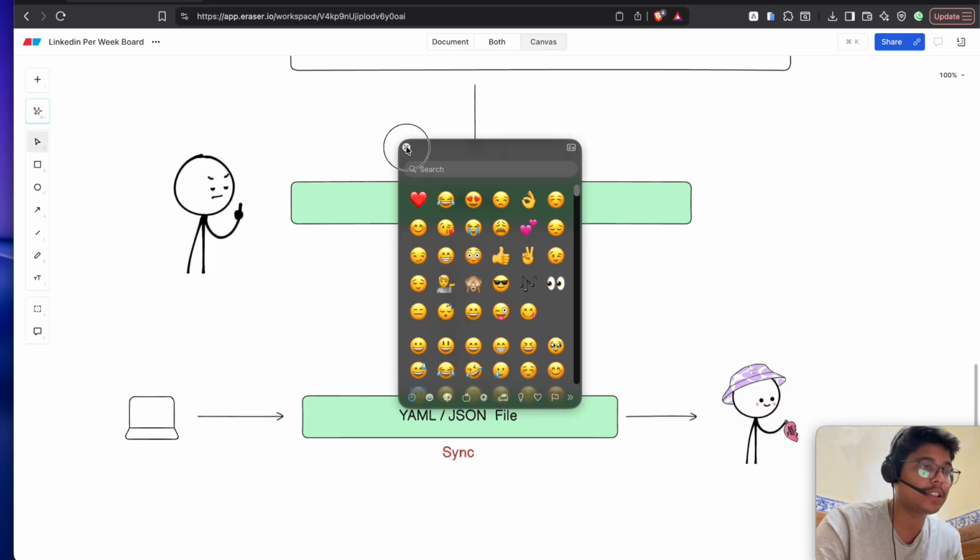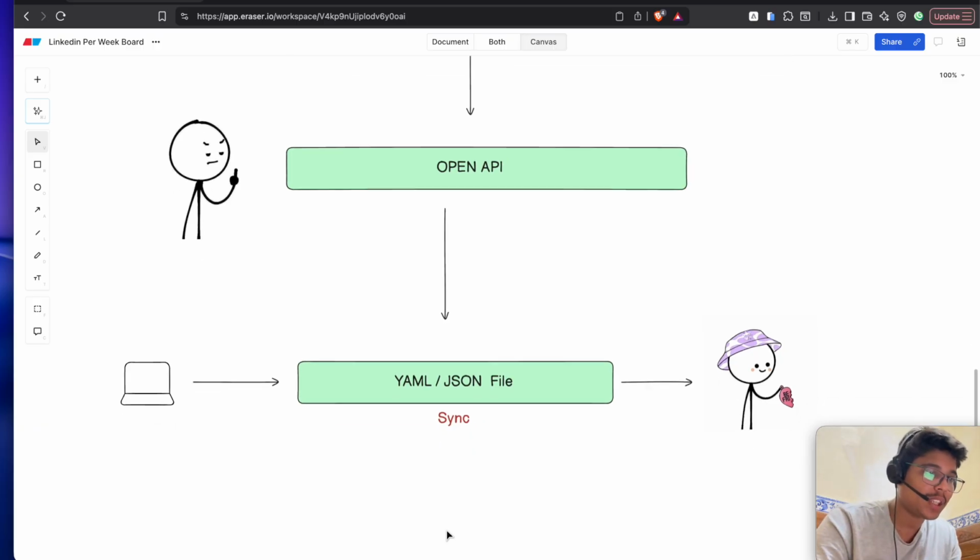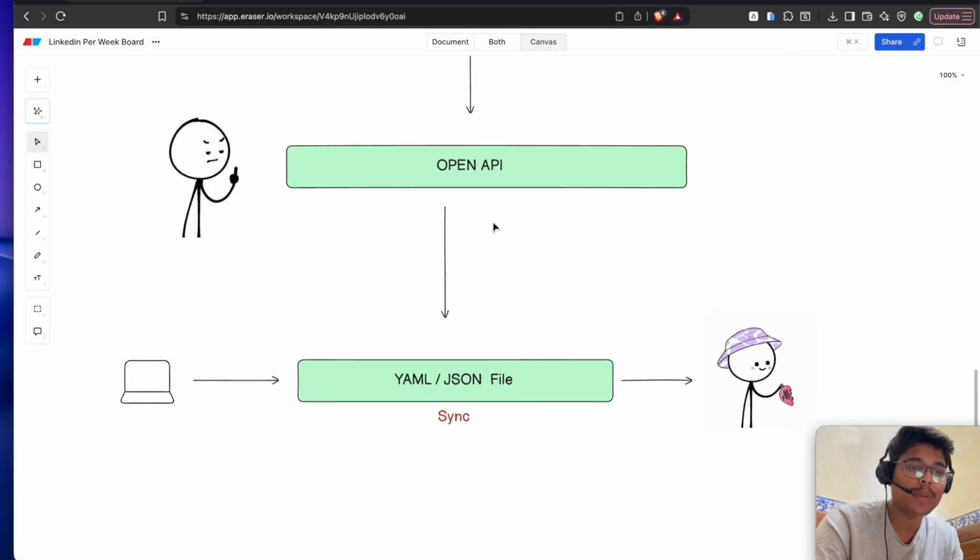So how does it happen? Let's see this in action, because I can explain it here, but I think I need to explain via code. So you understand, OpenAPI is nothing, it's just a YAML or JSON configuration file for REST APIs. It's not for SOAP APIs, I think. I think it's only for REST APIs, and yeah, it's very good. It's just a file.